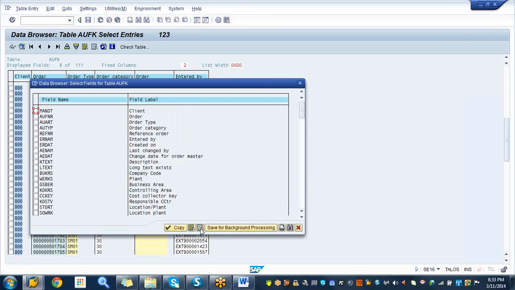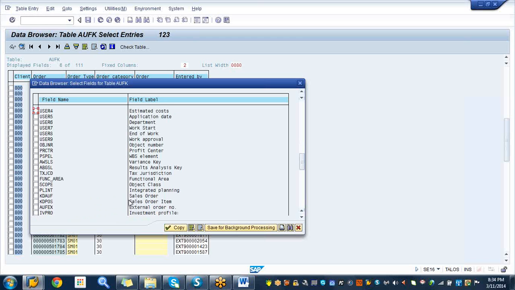First, deselect every field, then select order type, created by, that's the ID, plant, created, completed, released, closed, application, cost center, we don't want that, person, estimated, work, WBS element,